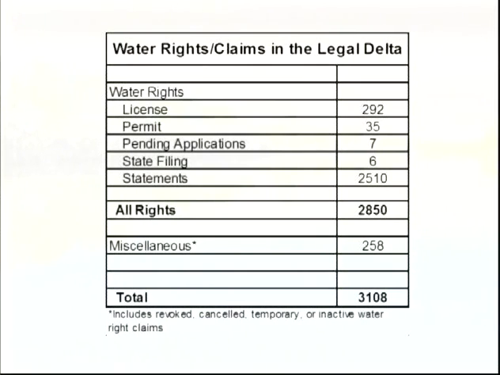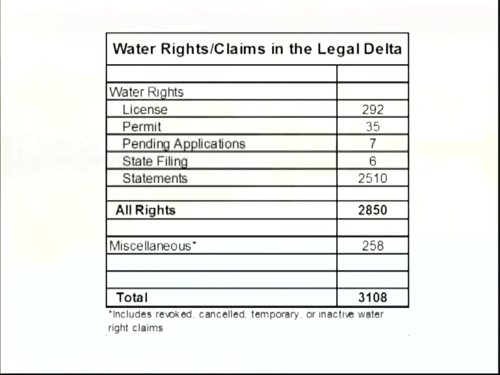These first few slides that I'm going to present deal with my underlying theme of the Delta Water Master's authority of providing more certainty regarding what's going on in the Delta: how many people are diverting water, where they are, how much water is being diverted, and the certainty of the water rights. You've seen this slide before. I think the biggest takeaway from this slide is to see that